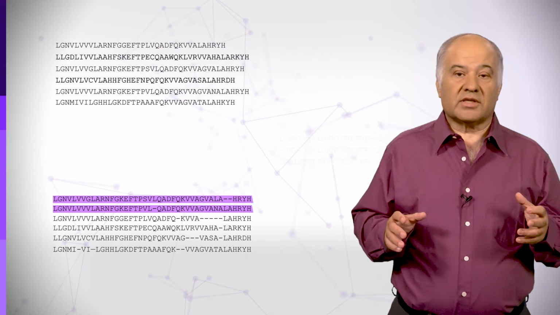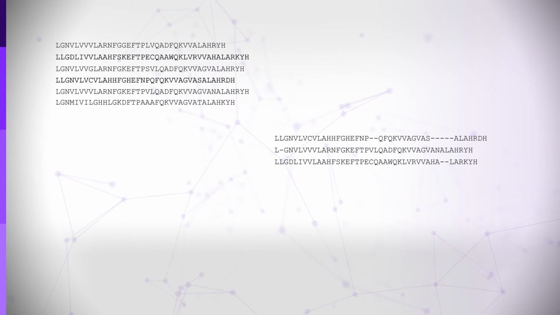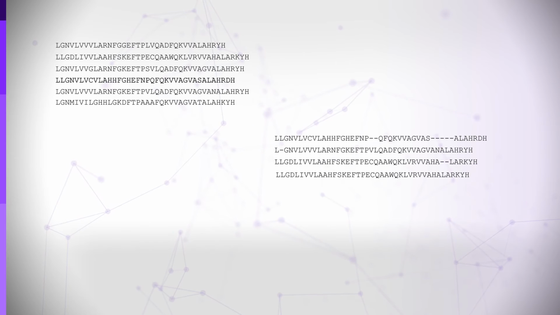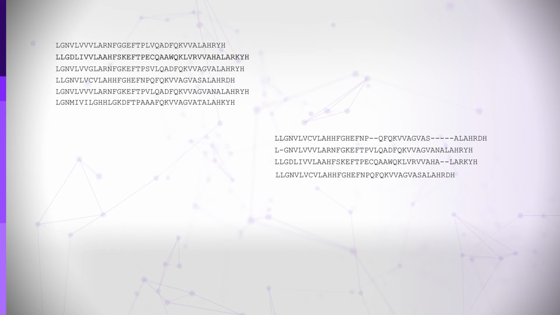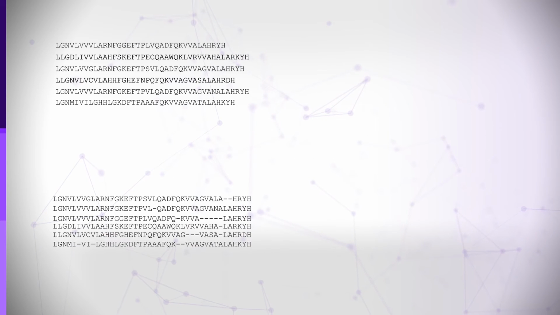Other algorithms are more flexible and re-examine the emerging MSA to see if the process reaches a dead end, whereby the initial sequence steers the alignment in such a way that the subsequent sequences cannot be fit well into the alignment. In such cases, these algorithms backtrack and start the alignment process using different seed sequences.